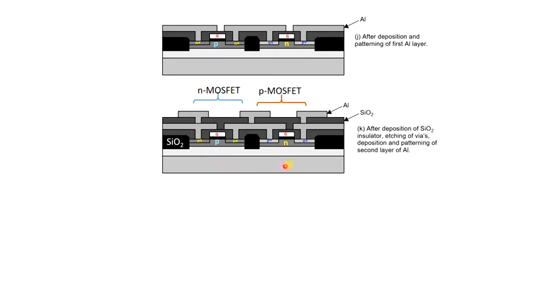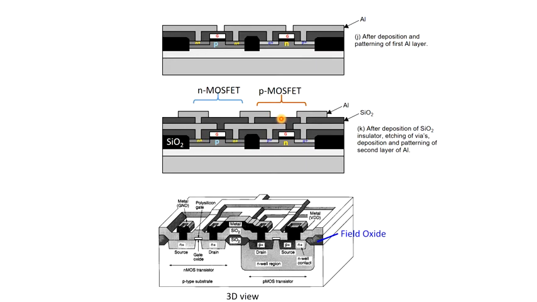This cross-sectional diagram clearly shows the connection between PMOS and NMOS, between their source and drain terminals. But what about the gate terminals? Because if it is an inverter, then the gates also have to be connected. That we can show from the 3D view. So we can see from here, this is the polysilicon gate, this is the gate oxide. Similarly, this is the polysilicon gate, this is the gate oxide, and this is the N channel MOSFET, this is the P channel MOSFET. So there you can see the polysilicon gates are connected, right?